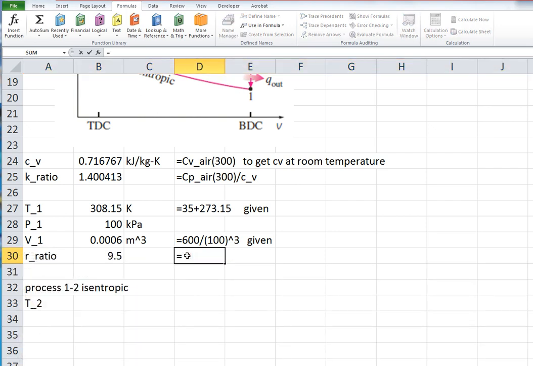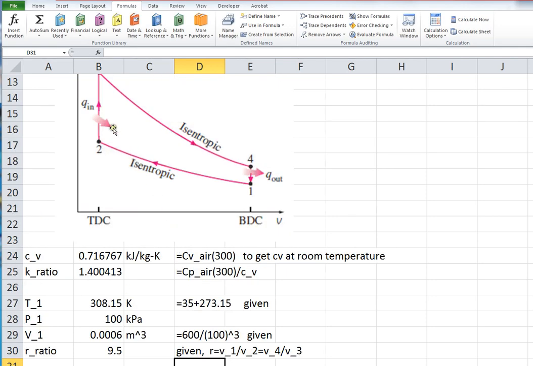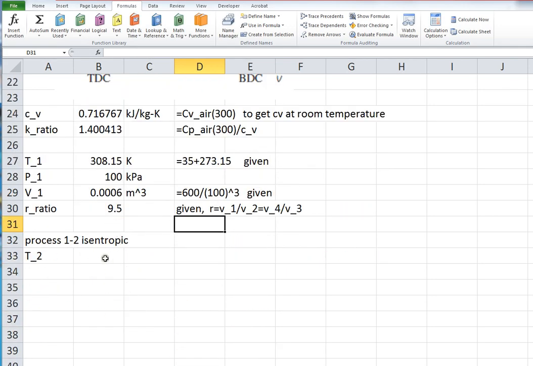And by the way, that's given, but R is equal to V1 over V2, and it's also equal to V4 over V3. And we know that from the diagram and the definition of the specific heat ratio. Okay, so back to this calculation, we can find T2